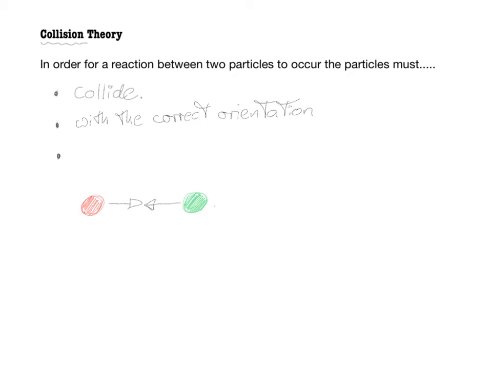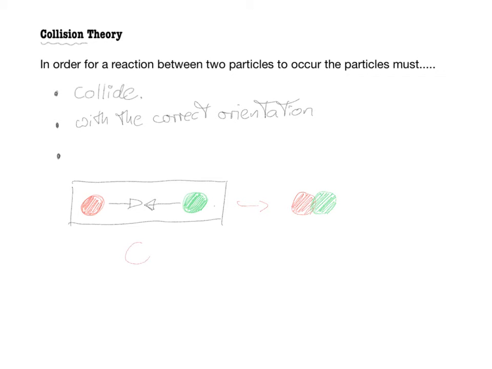If the particles, and we'll go back to our little analogy down here, if the particles don't hit each other hard enough, they might just bounce off. So instead of reacting and sticking together, if they do not collide hard enough, they might